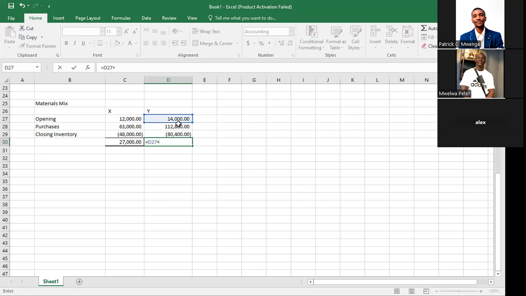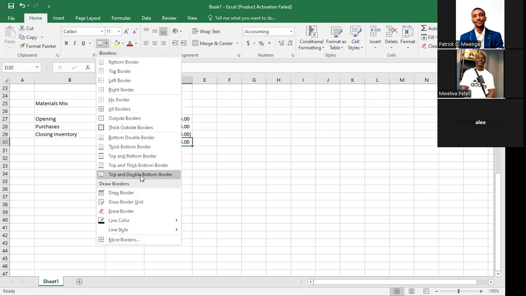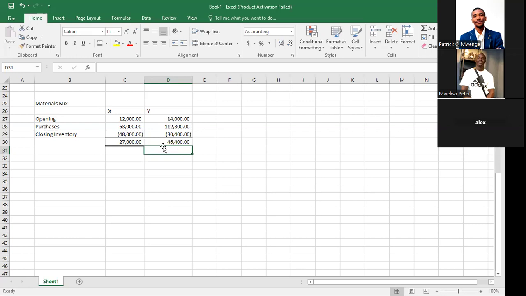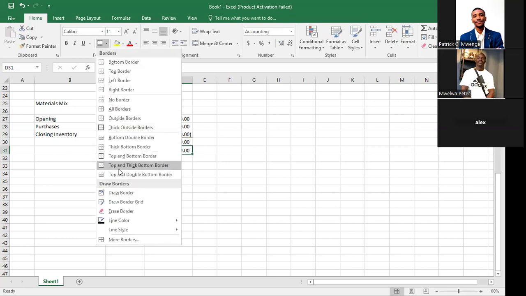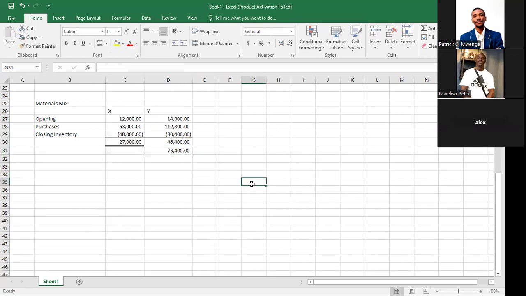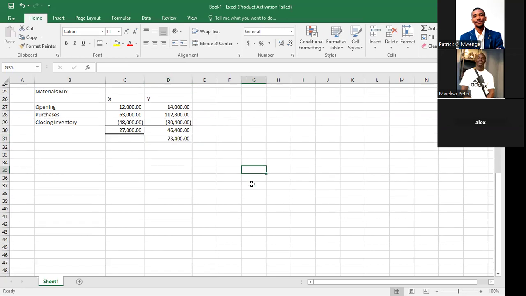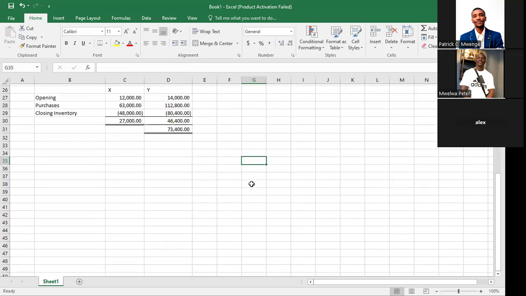So this plus that, then minus that, right? It's going to give us the usage. So this is the usage that we are looking for. Now we can also have the luxury to find the total usage. So the total usage is just that amount plus that. Then it's going to give us the total usage. And this is the information that we need to use in order for us to find the material